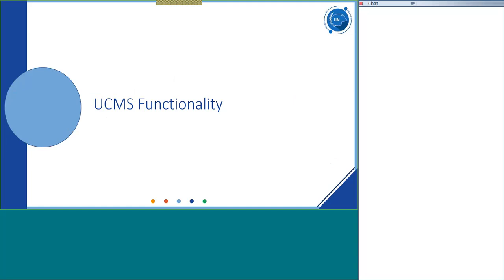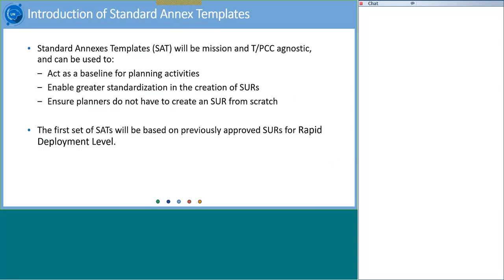So what are the different new functionalities or facilities that you will see in UCMS? Some of them we would like to highlight now. So I talked about the standard annex templates, this will be the start of the creation of your SUR. It's a series of templates, and actually in production there are 13